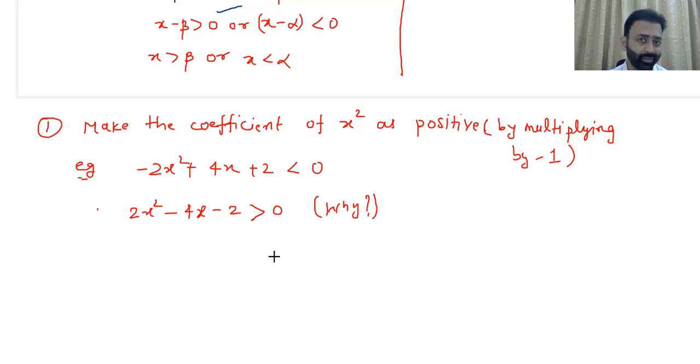You need to think and write this in the comment section: why the sign of the inequality needs to be reversed when we multiply an inequality by a negative number. All right, so if in the first step we make this x square coefficient positive, then it's a piece of cake. You carry on with this,